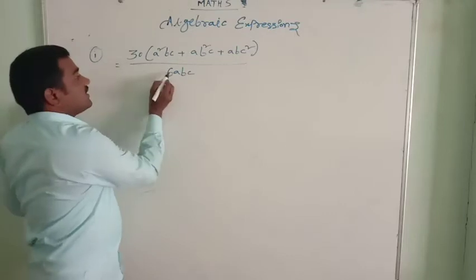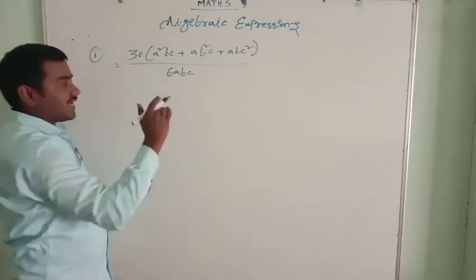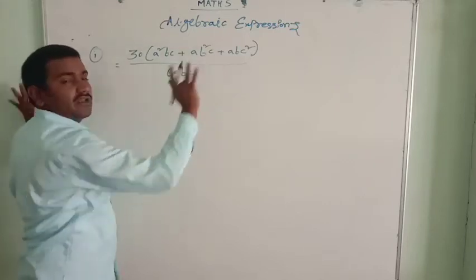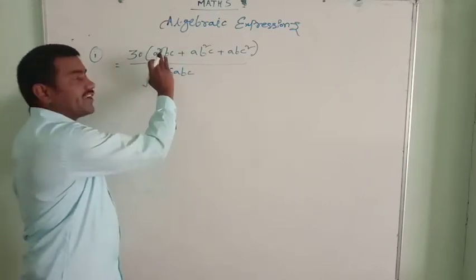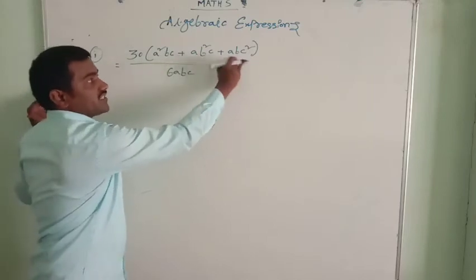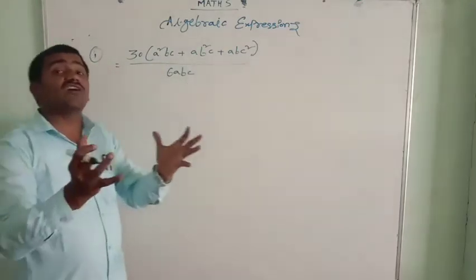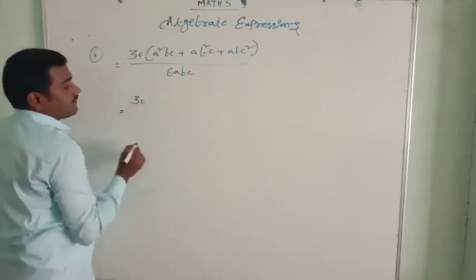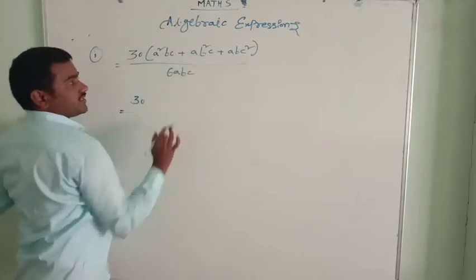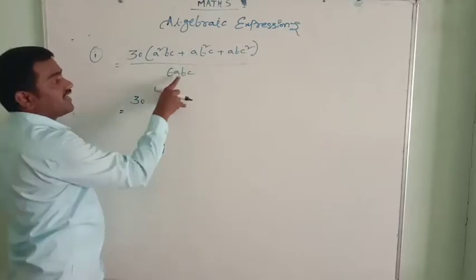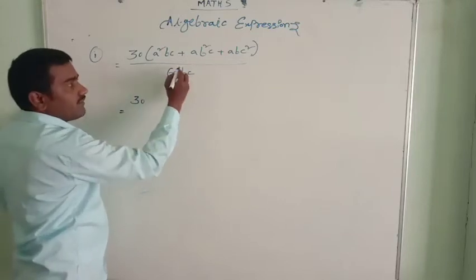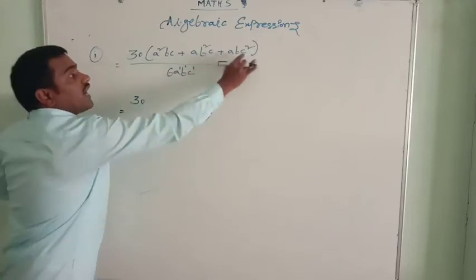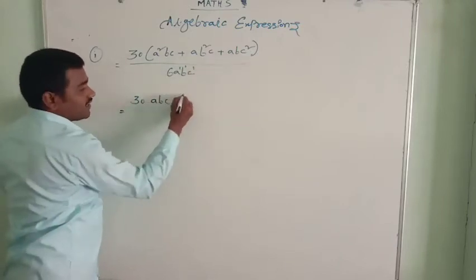See that here 6 and 30 are able to cancel directly. 6 ones are 6, 6 fives are 30. And how can you cancel this ABC? It's not possible. But when you observe the numerator terms, here ABC, here also ABC, here also ABC is there. So we can take out the common from this. Here we write 30, here ABC, ABC, ABC. The minimum term: A we require 1, B we require 1 and C also 1. That means the power of this ABC is 1, 1, 1, that we need to take out as common.